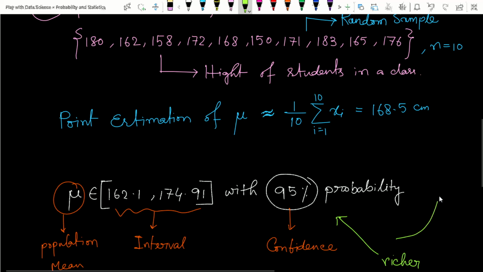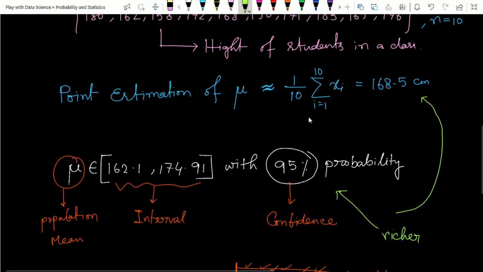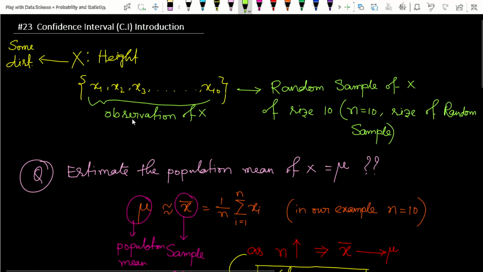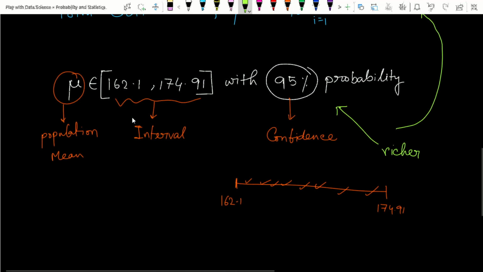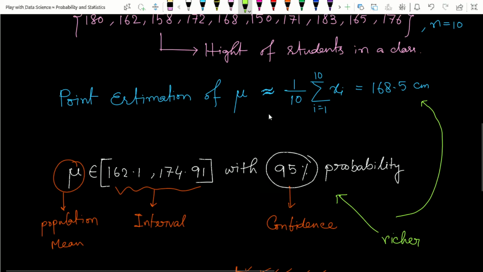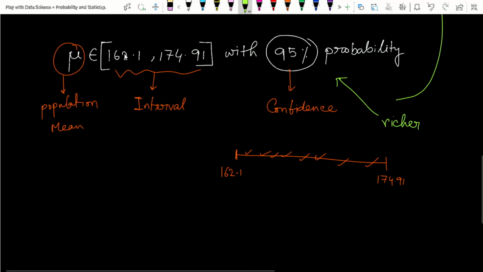This is the main advantage of the confidence interval. Because of this, we have to learn and use the confidence interval concept for estimation. Collecting a large amount of data is not always possible. So in such scenarios, instead of taking a single value for estimation, if we consider some interval with some confidence level, this type of information gives us richer information to take some